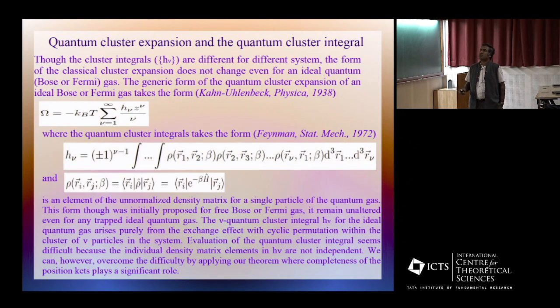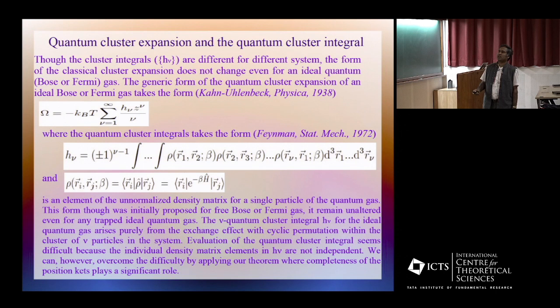So though the cluster integrals are different for different systems, the form of the classical cluster expansion does not change even for an ideal quantum gas. The generic form of the quantum cluster expansion for an ideal Bose or Fermi gas takes the same form, where the quantum cluster integrals take this form. So this H nu is different in a classical gas, and for a quantum ideal gas, this H nu takes this form, where